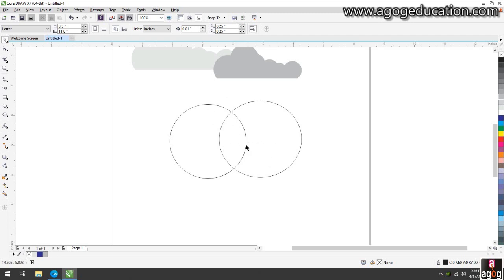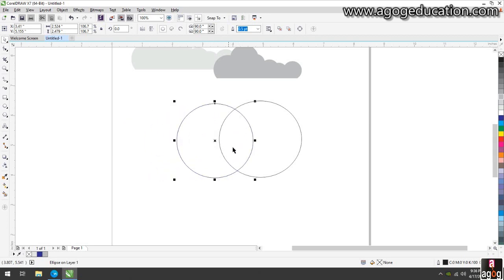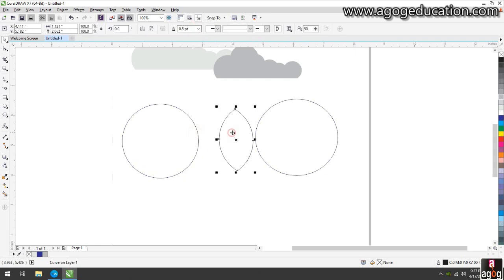A leaf shape is appearing virtually. It's not a shape, it's just an intersection of these two circles. If you want to extract it, select these two shapes and click on the intersect tool. You will have your intersect area as a shape. So this is called intersection.